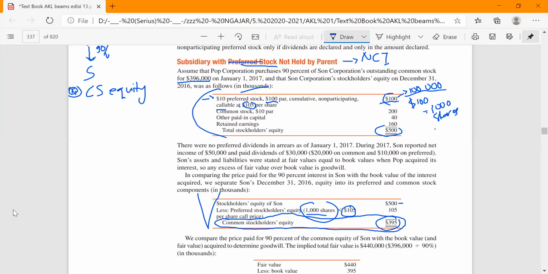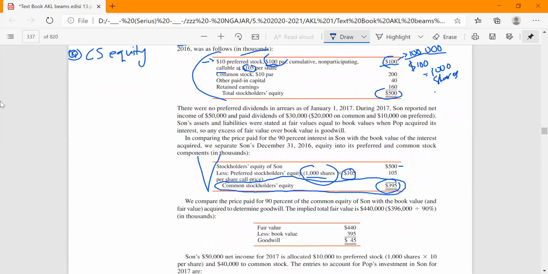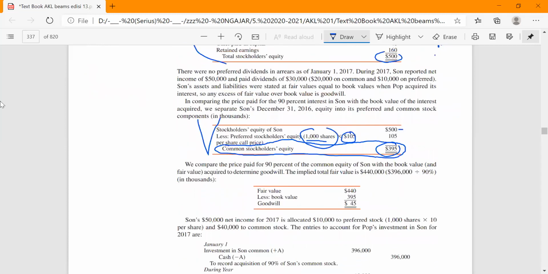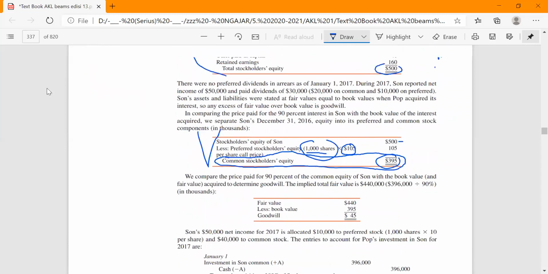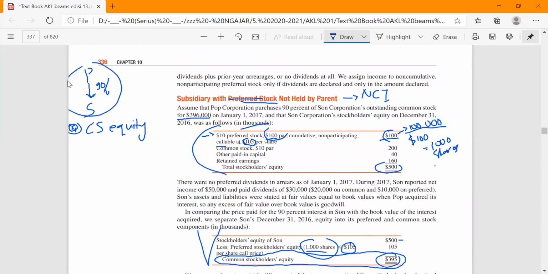Okay, maybe if you next get the problem where the preferred stock doesn't have the type of callable price, you just use the par amount. But because this preferred stock is callable, we use the callable price, and it becomes the basic number in allocating the preferred stockholders' equity. And then maybe the next is we have to calculate